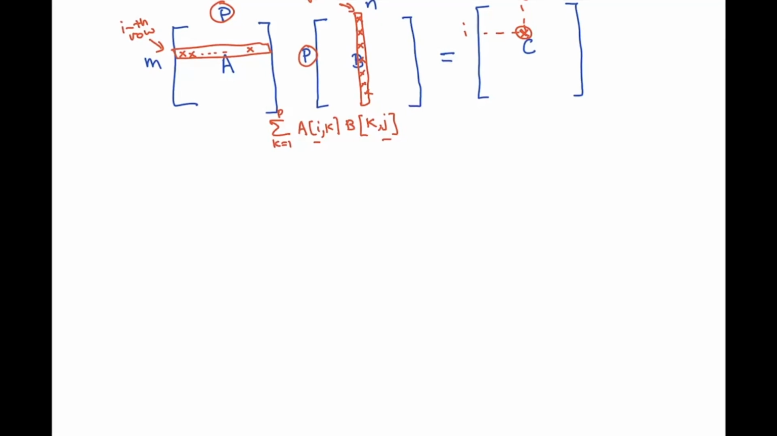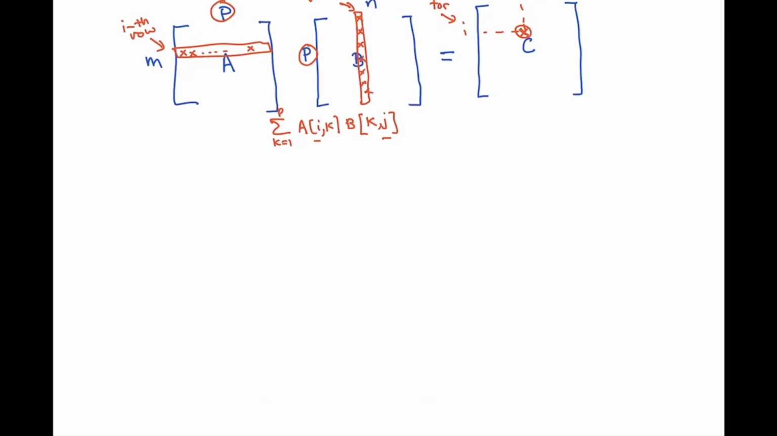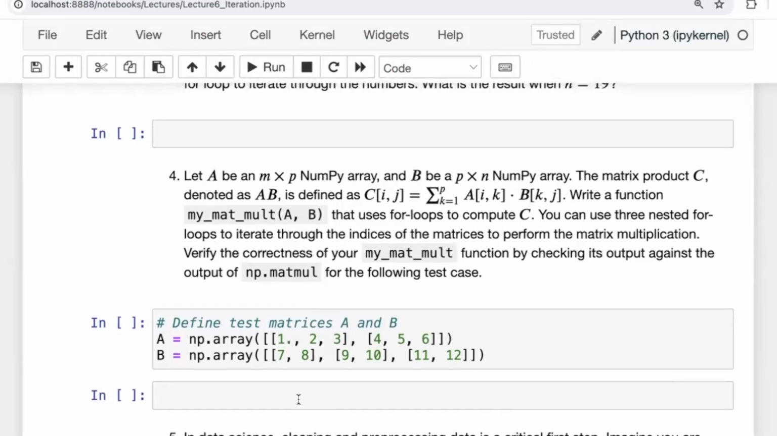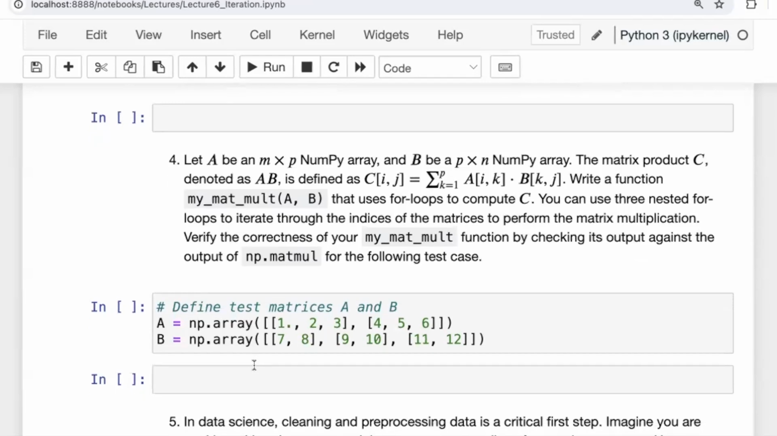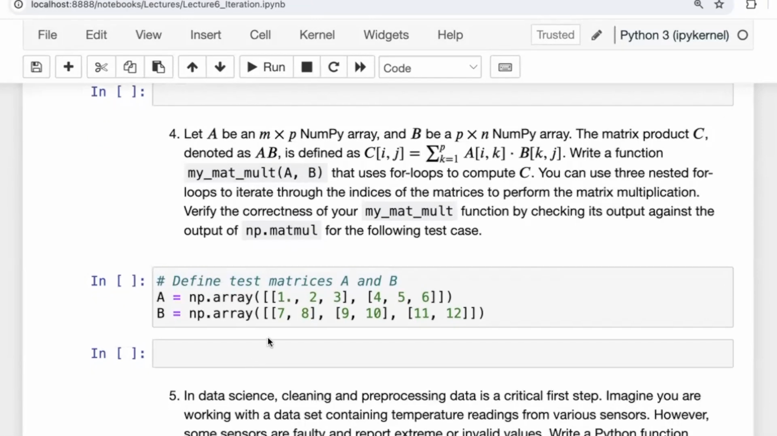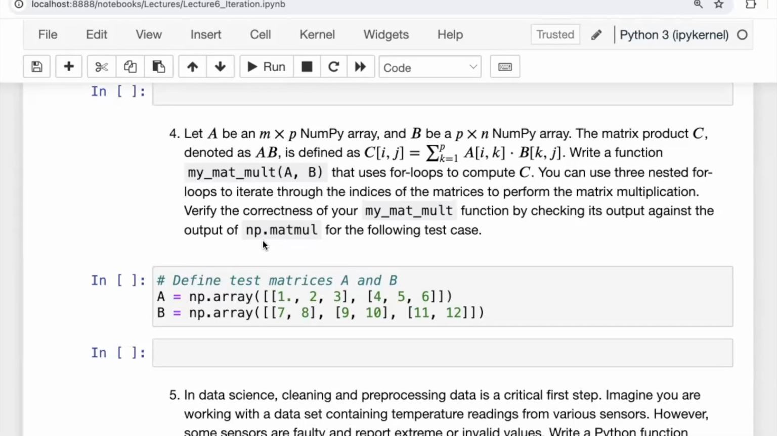So you need two more for loops to iterate through all possible values of i and j. And therefore, you should be able to implement this using 3 for loops. So we have also here a test case that you can use to make sure that your code is running as expected. You can, as explained here, verify the correctness of your code using np.matmul, the matrix multiplication,